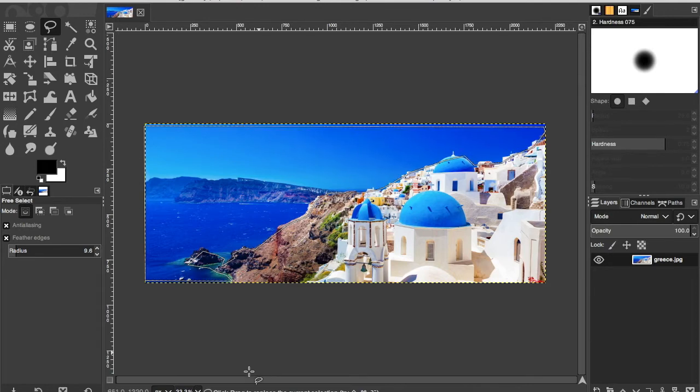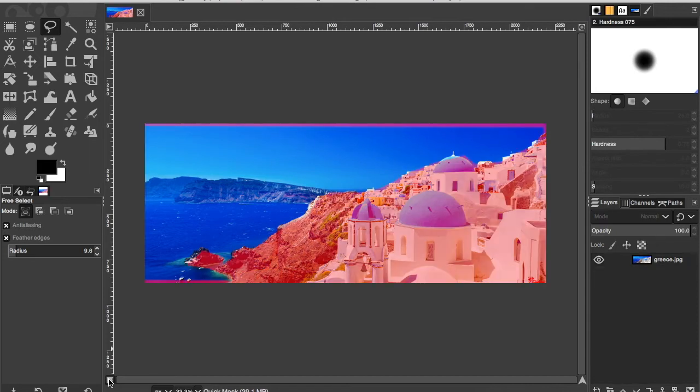And there's a little button down here you can click. First of all, you have to have your black and white default. Black for the foreground, white for the background, and we'll click our quick mask here. And there we have our quick mask. That turns everything that we have selected this translucent red color. So then